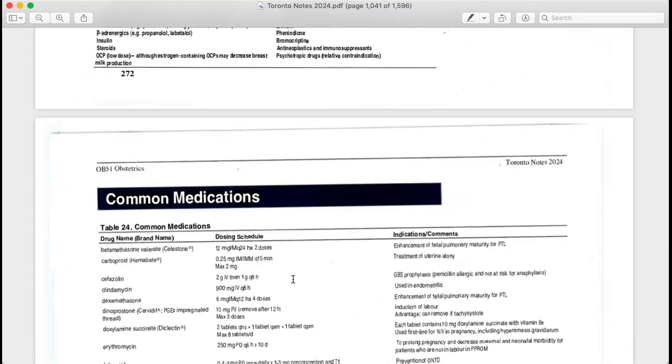So that's it about obstetrics. We mostly try to cover obstetrics and gynecology, all of it, but that's not the case for every other topic. We will just